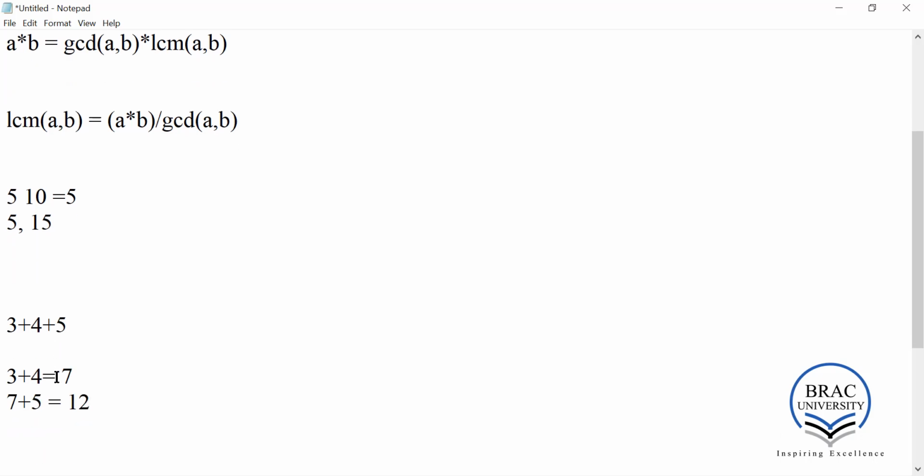Okay, so this is how you can also find out the GCD of three numbers. Just run a loop one by one, find the GCD of two numbers, and then again take another number and find the GCD of the previous GCD and the new number. Okay, so in case of LCM, I guess you have understood. Just follow the same rule using a loop. Okay,